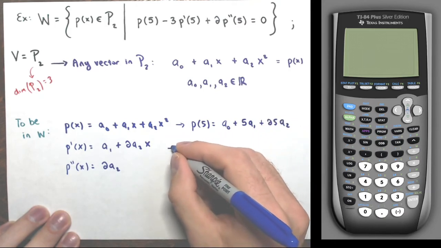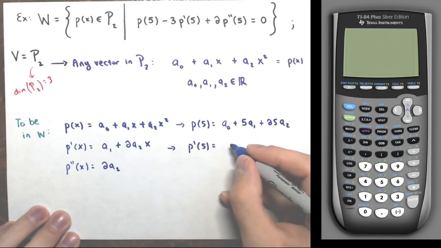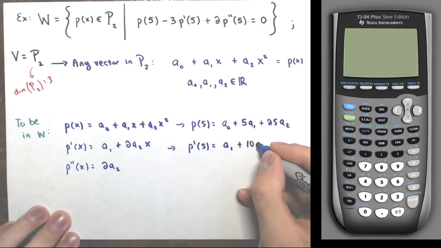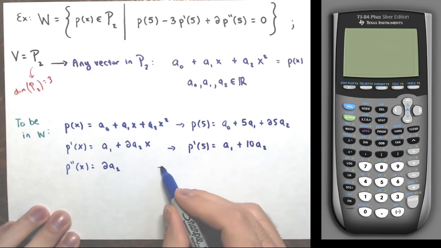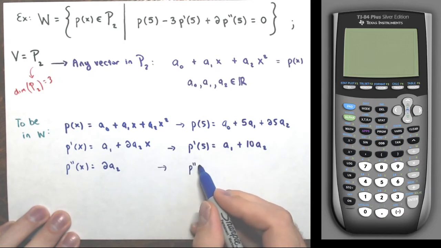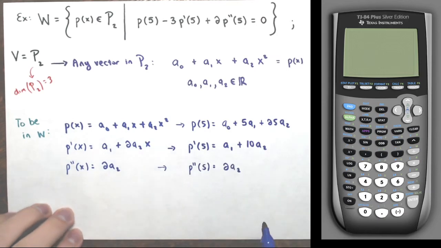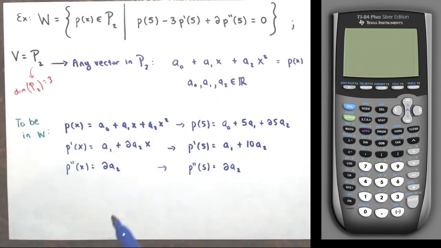And the value of the first derivative at 5 would be a1 plus 10a2, right? 5 times 2, a2. And then the value of the second derivative at 5 is 2a2. Right? And what we're seeing here is, I'm going to plug these into my equation, my condition, and what we're